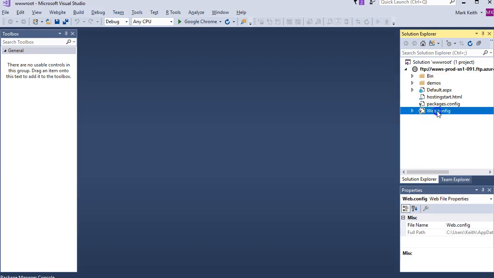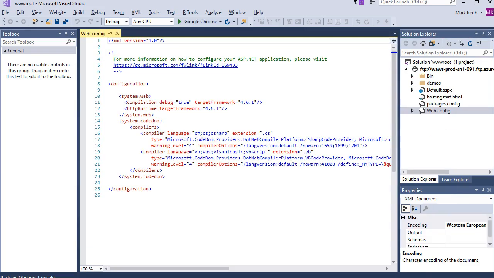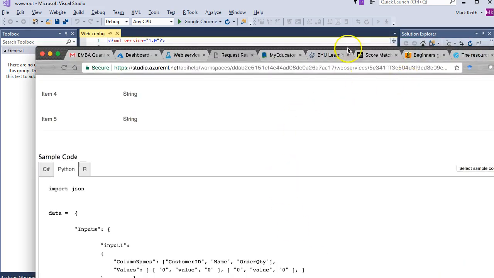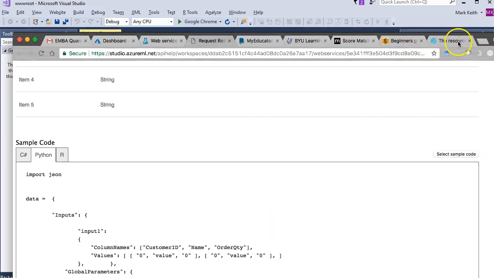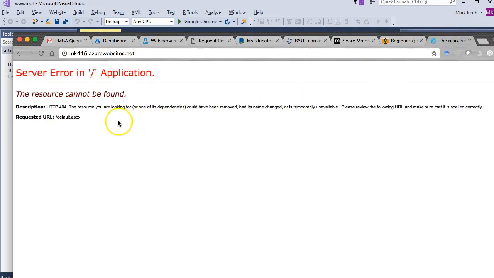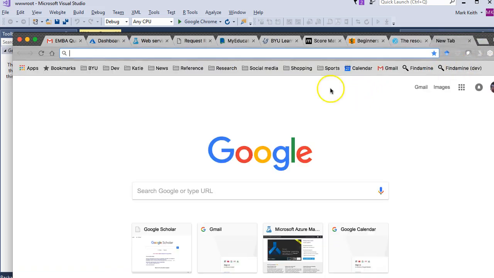I think what I need to do here is tell it to enable some errors. I'm trying to remember what that is. Cannot be found. Oh, it's in there all right. What we need to know is,